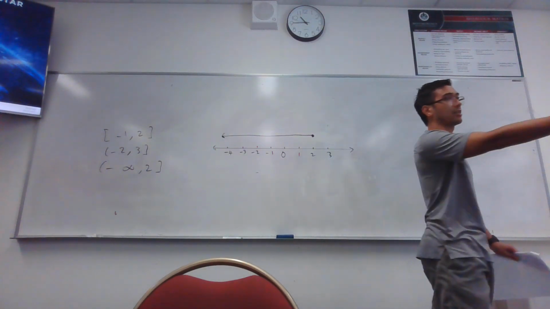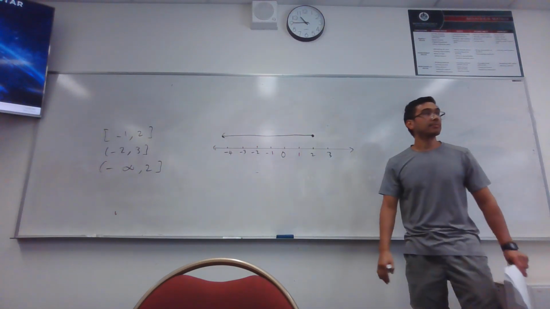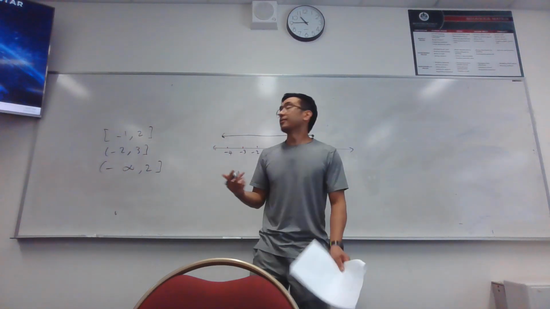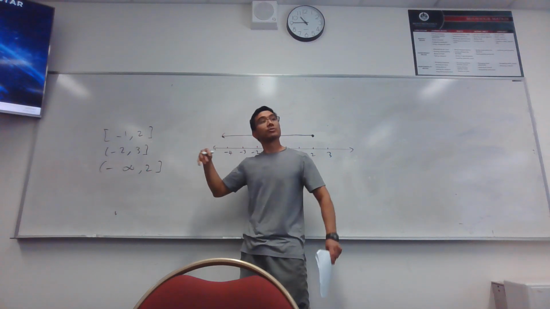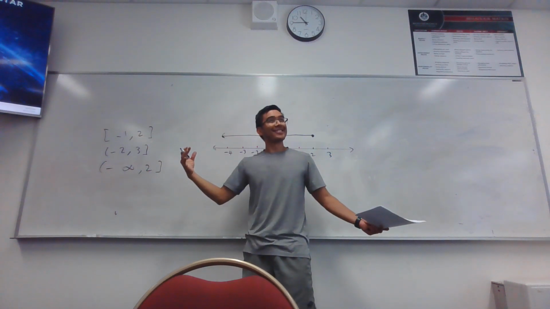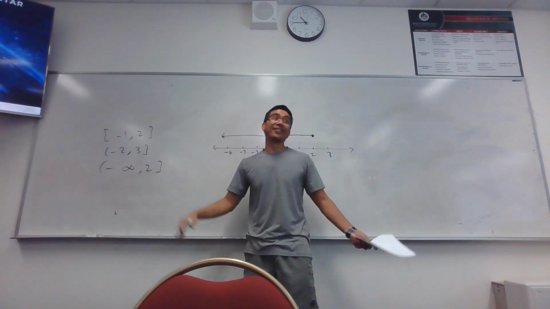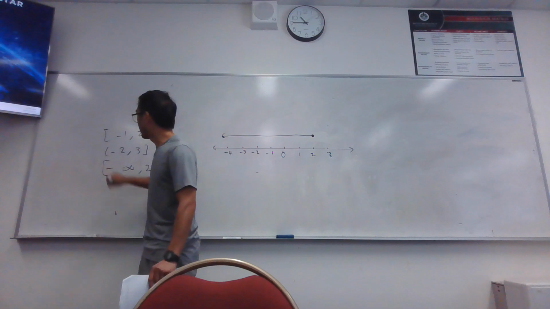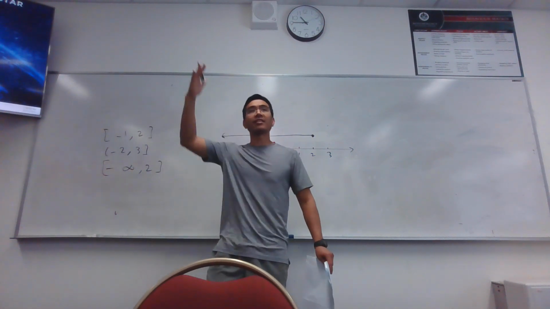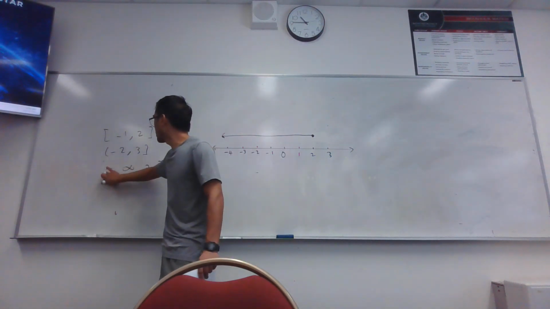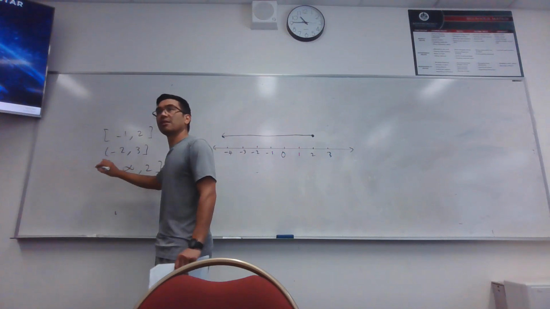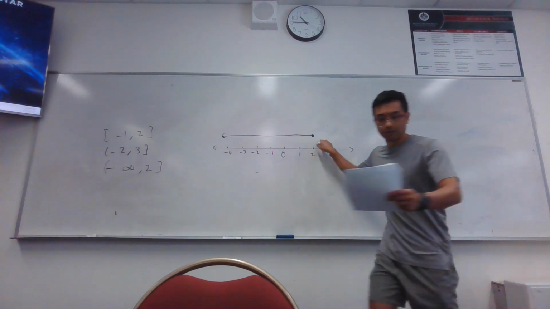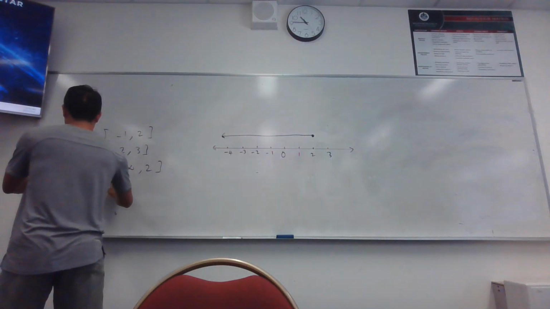Do you guys have that in mind? How do you know that doesn't reach infinity then? Unfortunately, this arrow will keep going. We can never reach infinity, so you can't have a square bracket. It's always unreachable. Whatever the largest number that you know, there's one more. What's the largest number you know?